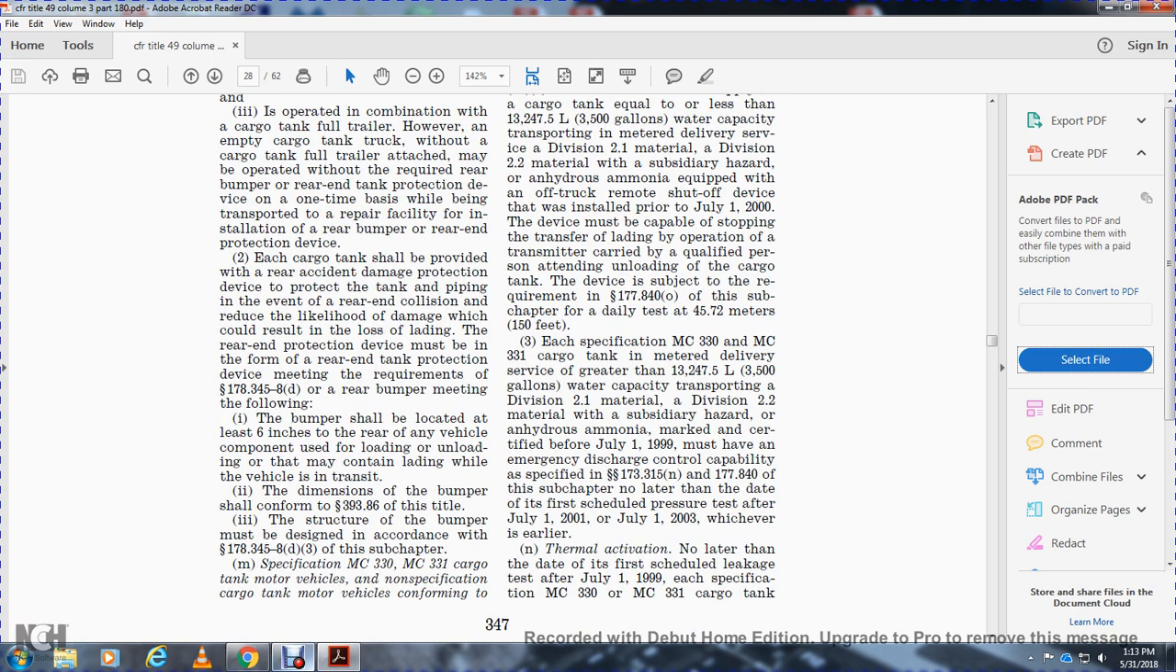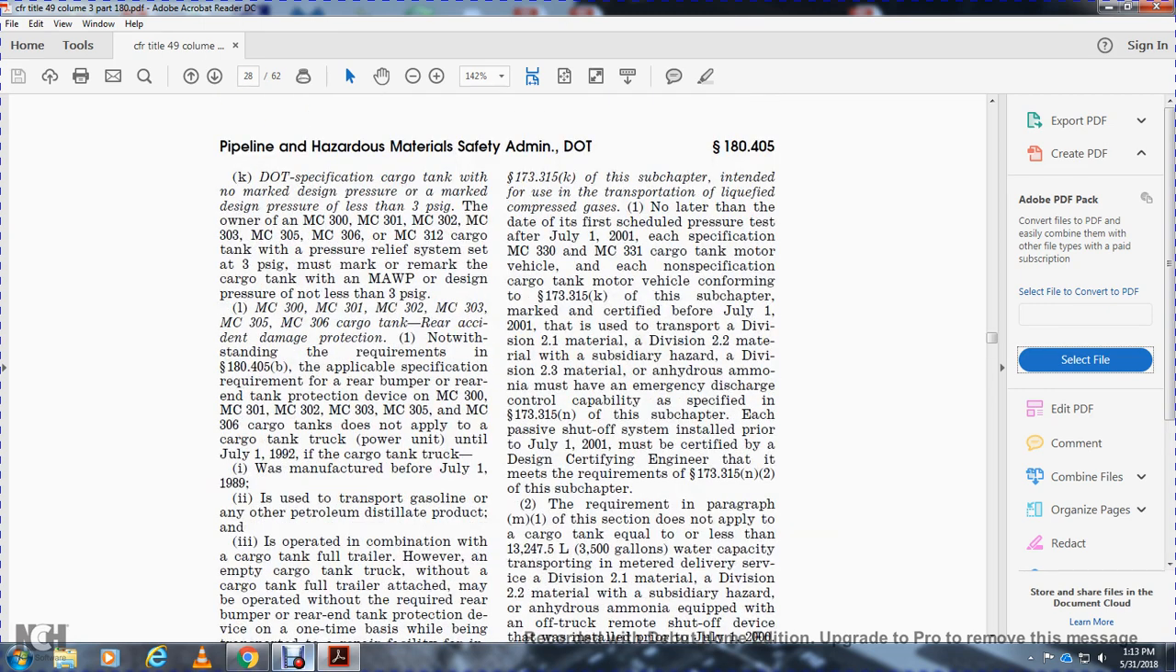The specification for the MC 330 and 331 cargo tank motor vehicles and non-specification cargo tank motor vehicles conforming with 173.315(k) of the subchapter, intended for the transportation of liquefied compressed gas, no later than the day of the first scheduled pressure test after July 1st, 2001: each specification MC 330 and 331 cargo tank motor vehicle and each non-specification cargo tank motor vehicle conforming with 173.315(k), marked and certified before July 1st, 2001, for the transport of Division 2.1 materials or Division 2.2 materials with subsidiary hazard, or Division 2.3 materials, anhydrous ammonia, must have the emergency discharge control capability